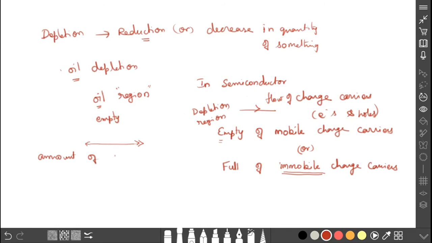The amount of impurities added. To make P type we add trivalent impurities, to make N type we add pentavalent impurities. So depending upon the amount of impurities, the width of the depletion region changes. For example, if you dope the material heavily, that is, more trivalent and pentavalent impurities are added, which is termed heavily doped, then when the junction is heavily doped, the depletion region